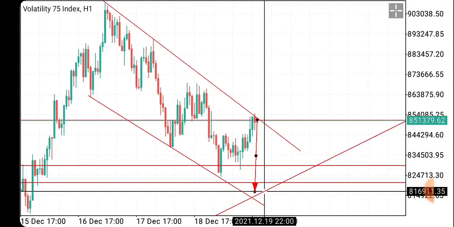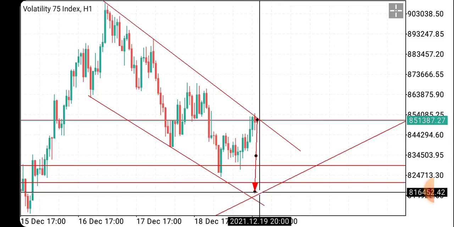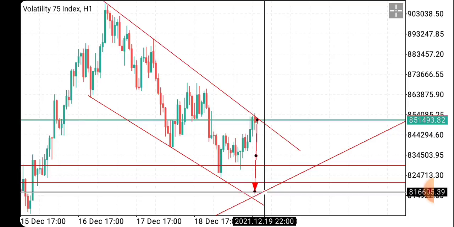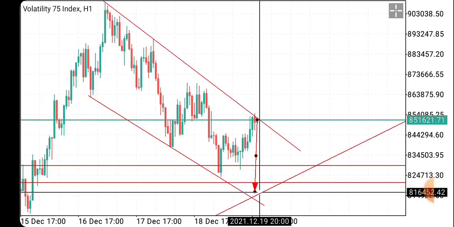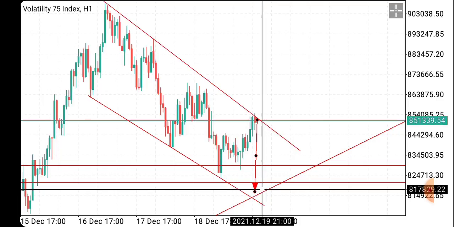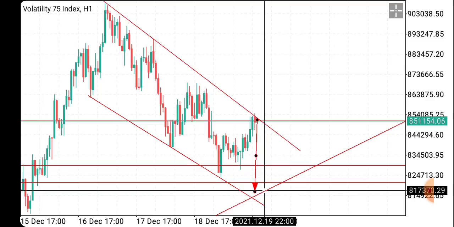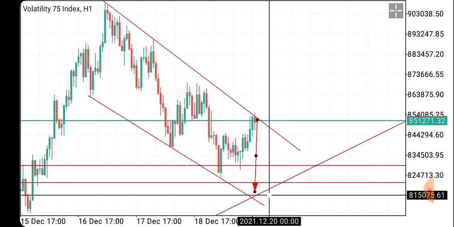All right, so we are now forecasting for price to move down here, hit the lowest part of this trend line, and then when it hits it, we will consider that our corrective move has potentially come to an end around here. And when it hits this, the bulls will now push price higher. That's when you see the strong move.